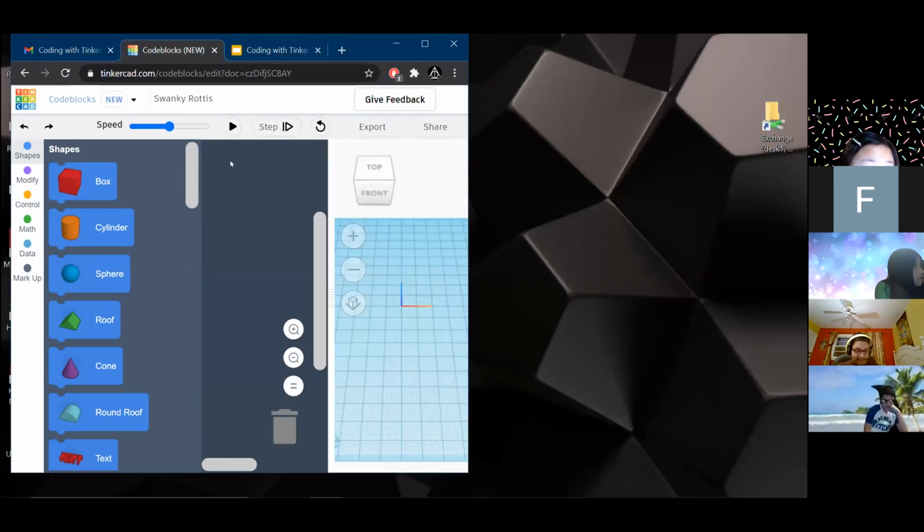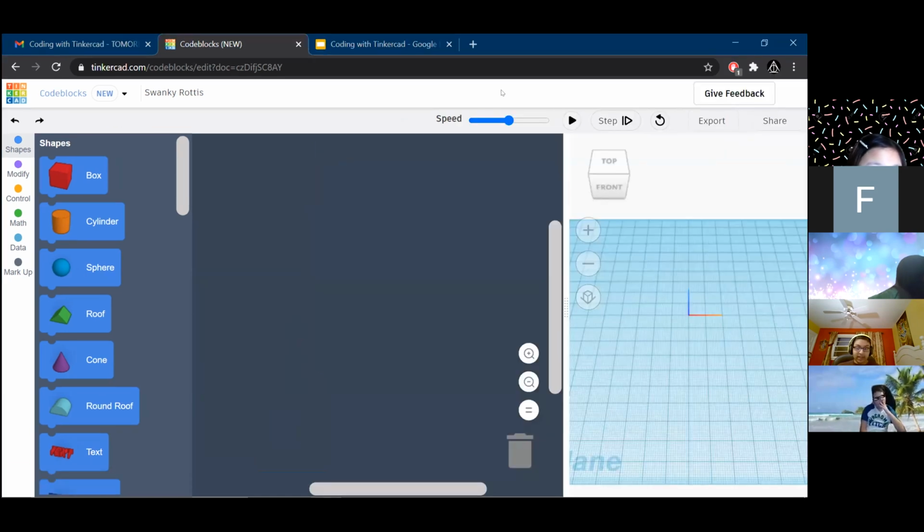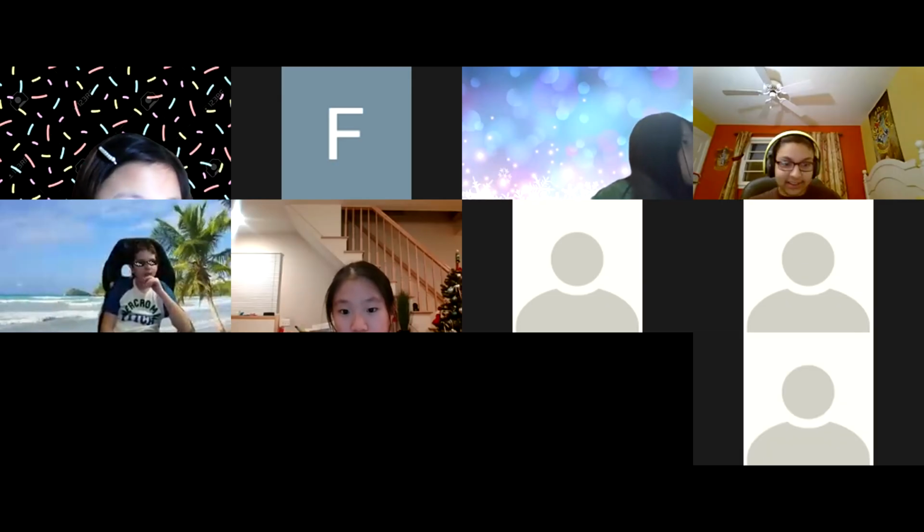Okay, so you can see that I have this here, and you guys can't see the Zoom window because for some reason Zoom hides its own window. So you can see that I have my Tinkercad open here, and then I have my Zoom open on the right side of the screen. See, my mouse disappears because it's on the Zoom window. Anyway, if you're on a computer and you can do that, that might be a good idea to do. If you're on tablet, it's a little bit difficult.